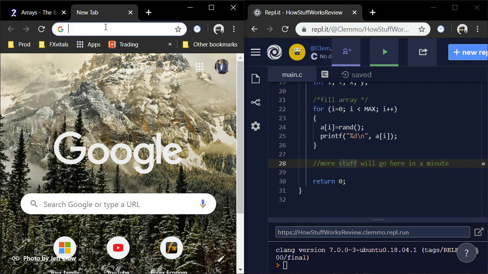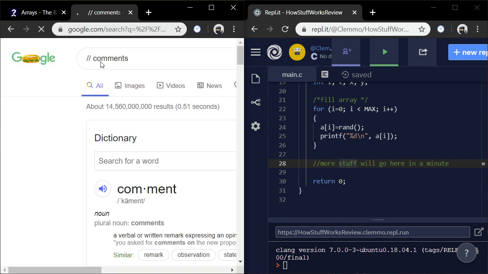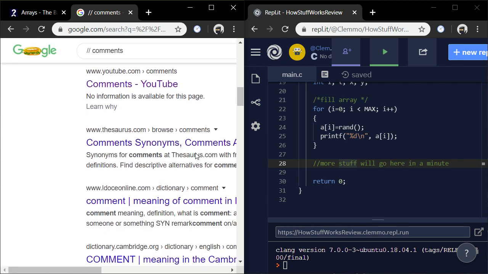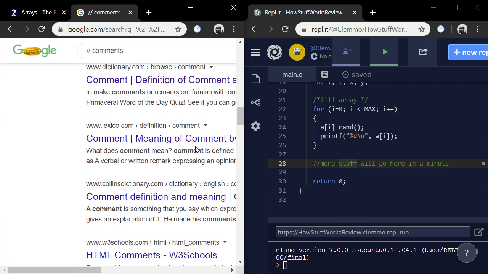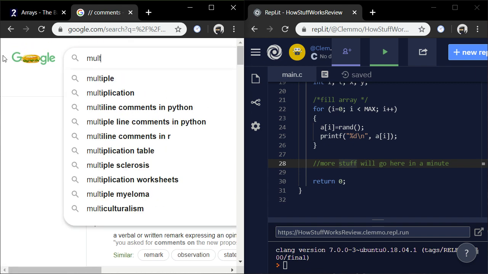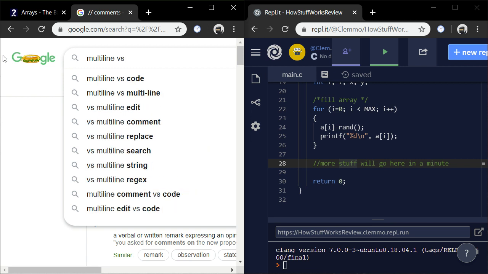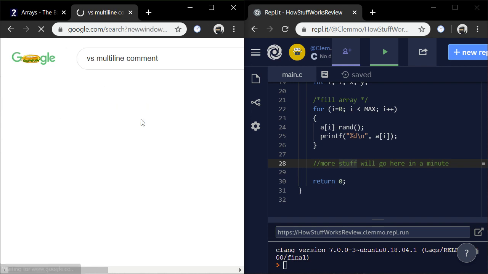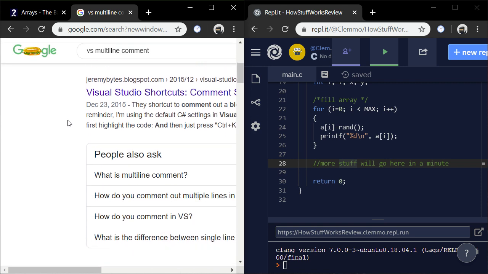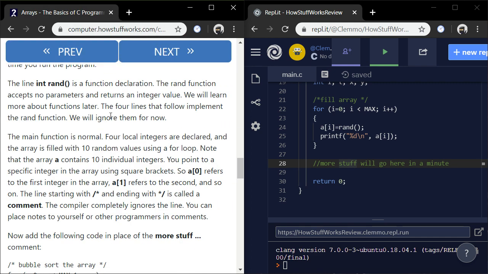What are we looking for here? No, it doesn't say. Multi-line versus multi-line comment. It's like someone was trying to think of it. Oh well. If I find it later, I'll bring it up.